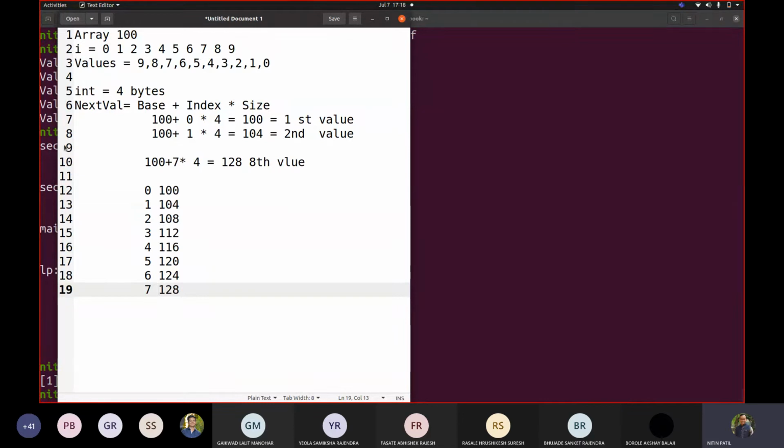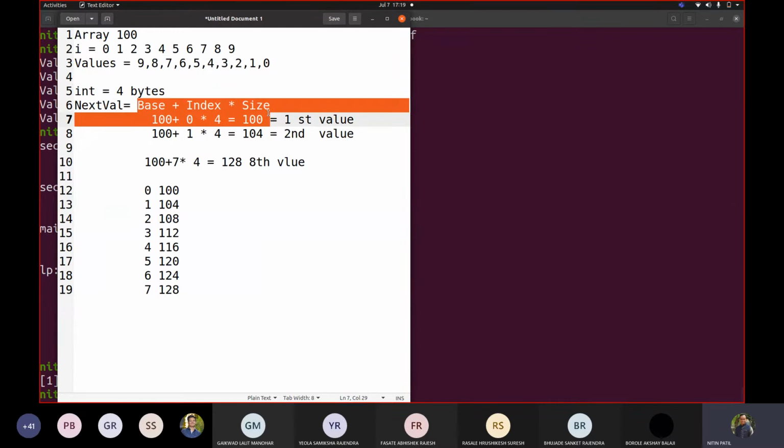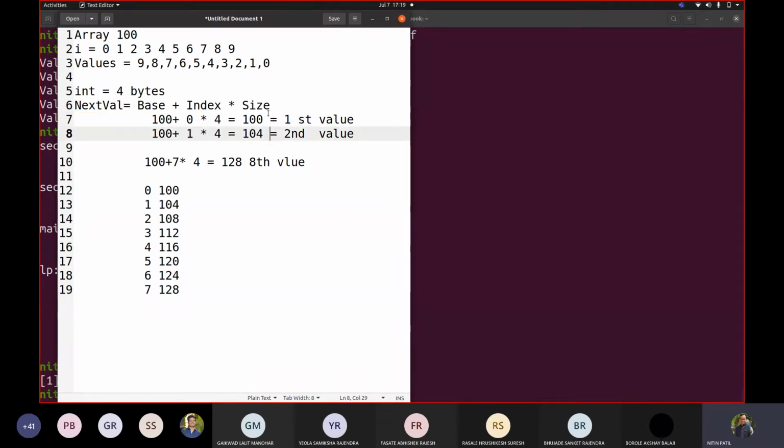Now how is this calculation done internally, because this base address would be decided at runtime, correct? But this is the formula which is used by an array while fetching elements from it. So even if your matrix is organized like this, how would your matrix be? It would be like 0, 1, 2, 3, 4, 5, 6, 7, 8.